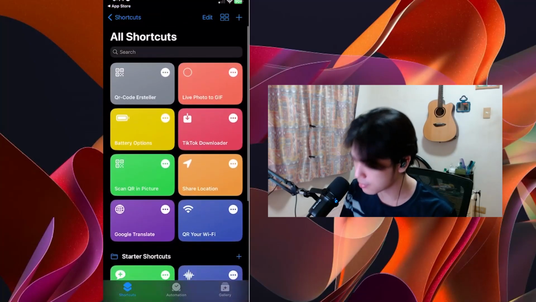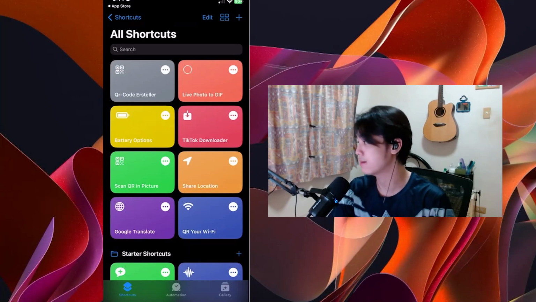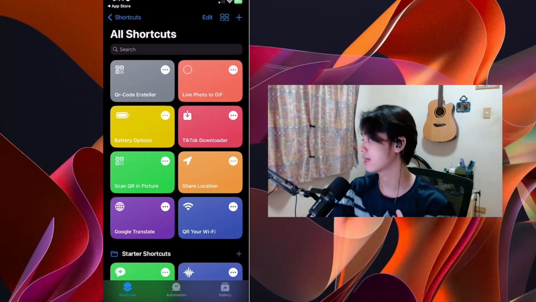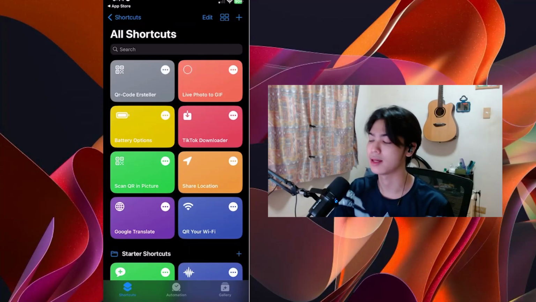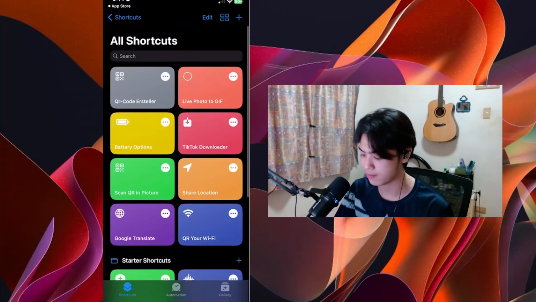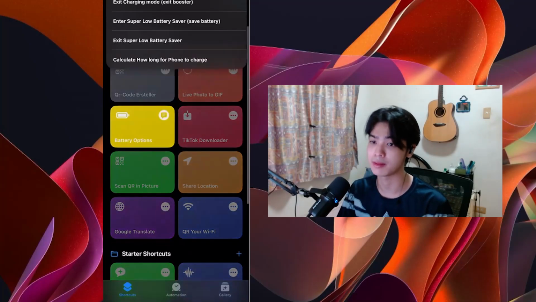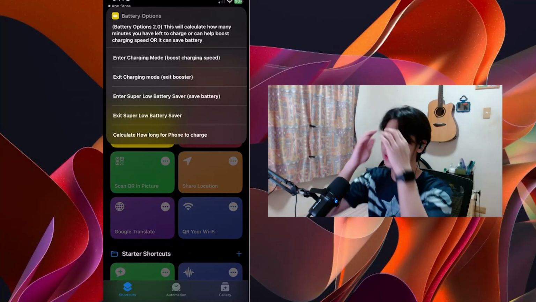Well, that is basically it. Basically, what I would do normally if I have Siri enabled, I would be like, "Hey Siri," it'll ask me, "What do you want me to do?" And I'm gonna be like, "Can you run the shortcut?" And then let's say right now I have this thing called the battery options. I'm gonna be like, "Run battery options from shortcuts,"